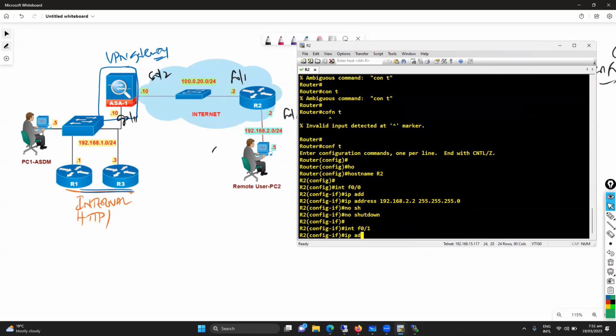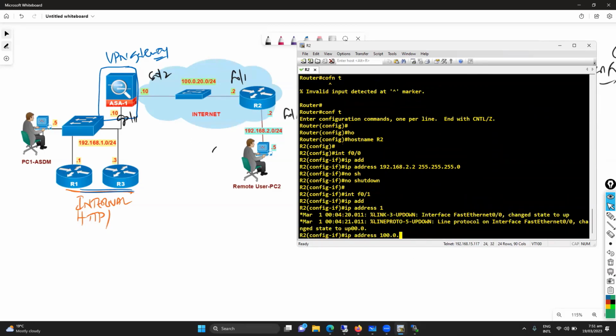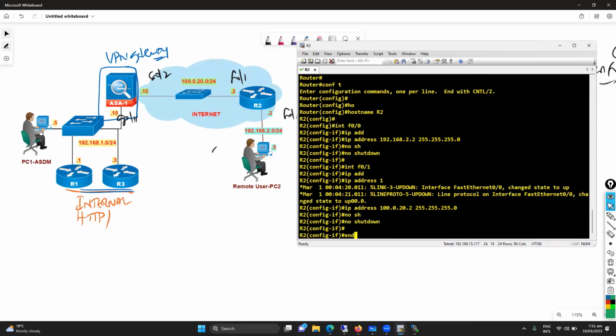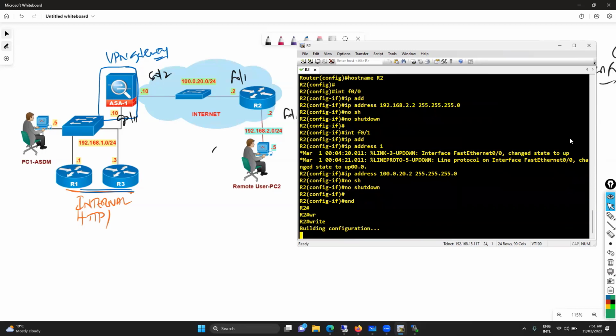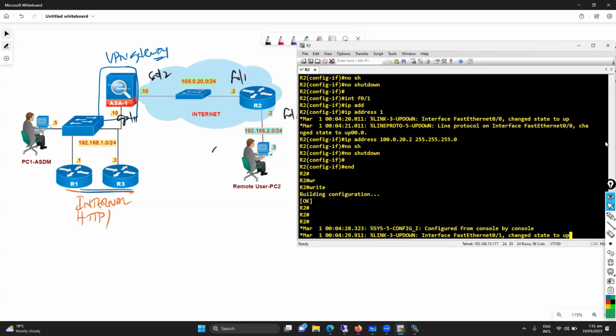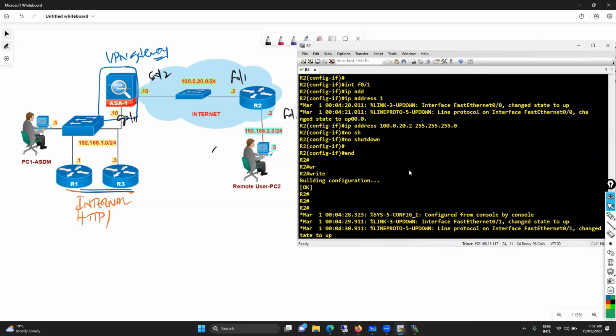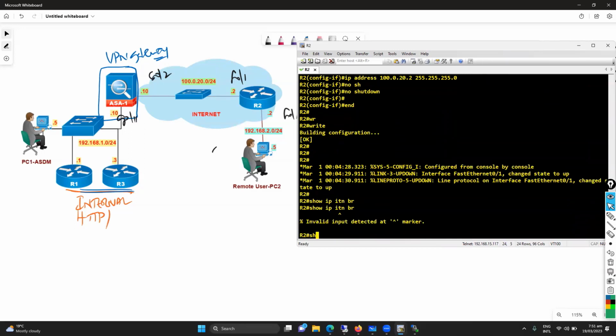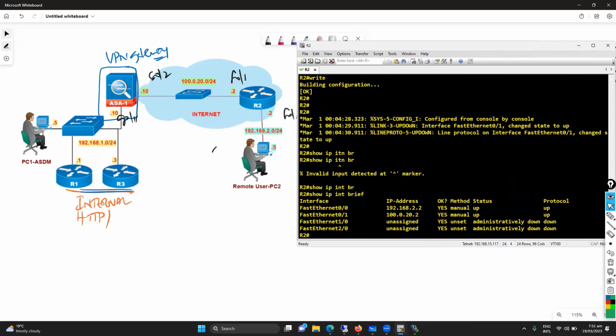And then the interface F0/1, which is connecting to my ASA. And once we are done with this, let's verify show ip interface brief, we should be able to see the